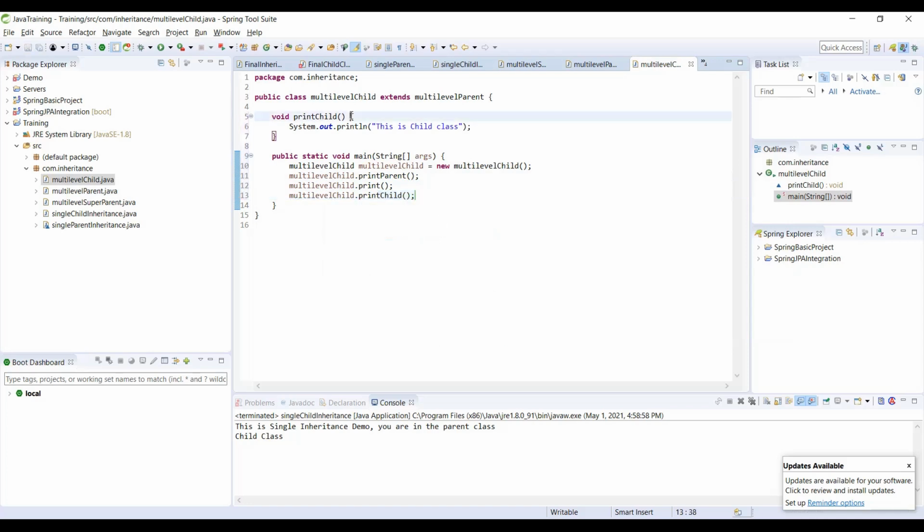So let me execute this. Look at this. This is the child class of all the three classes that we are trying to implement the multi-level inheritance.